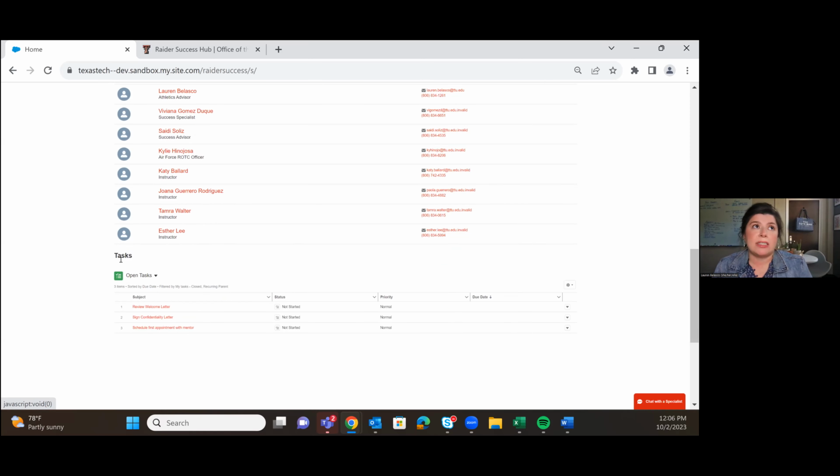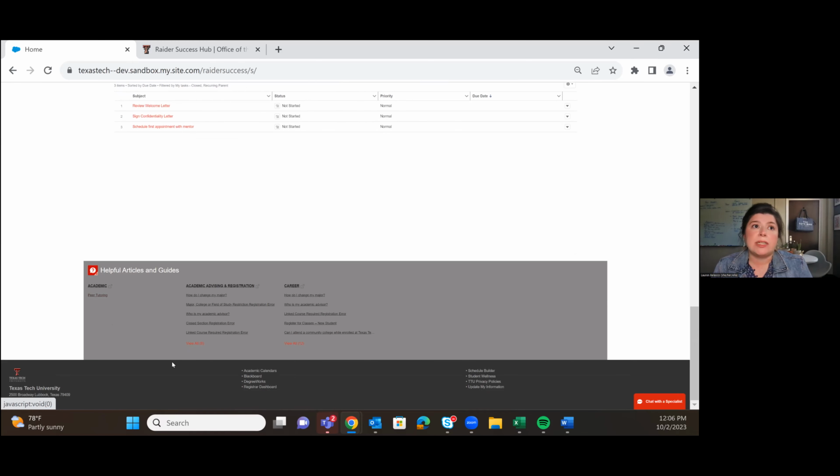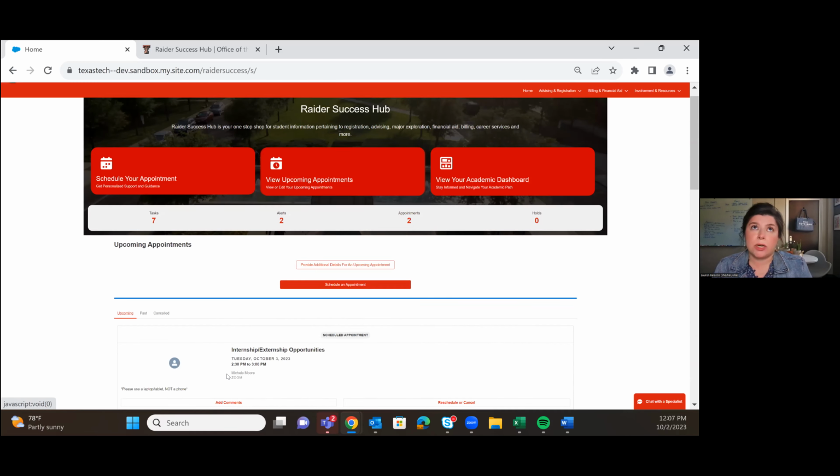Below that, we have a list of tasks. Tasks you can think of as to-do items that are assigned to your student. We'll go over those in just a second. And then below that, in the footer, you can see we have some links to some of those key resources that students may use. So that may be Blackboard, if their instructor is using Blackboard for course assignments, DegreeWorks, those links are listed here. But I'm going to go back up to the top, and we're going to focus on